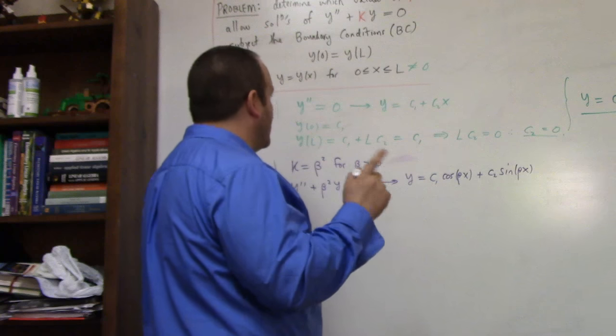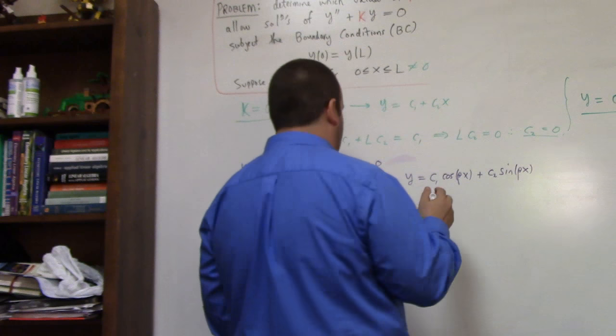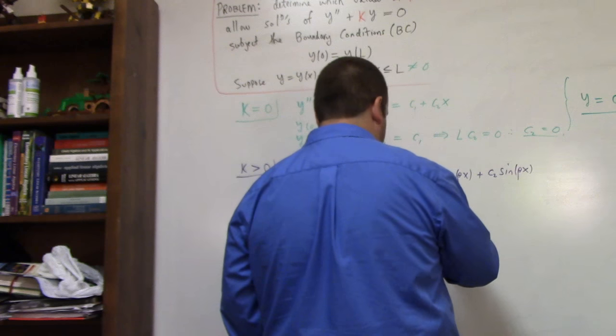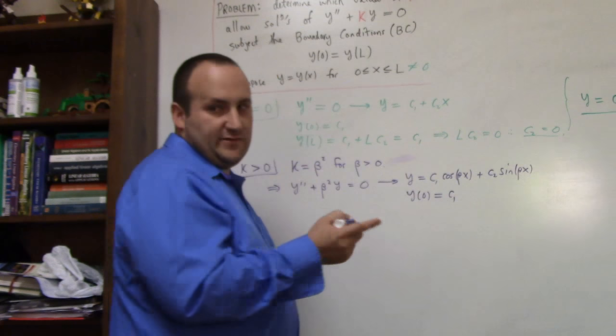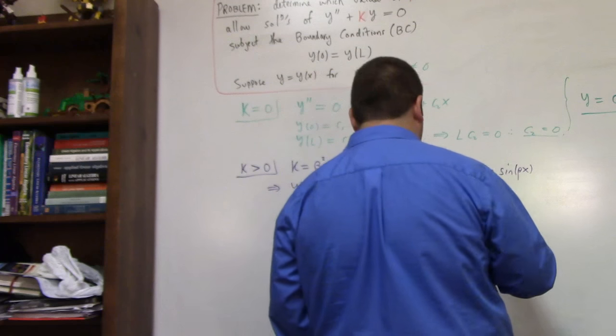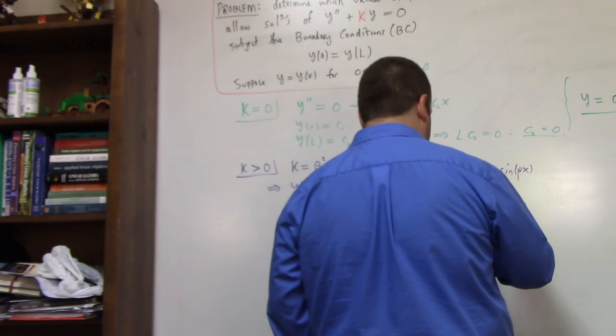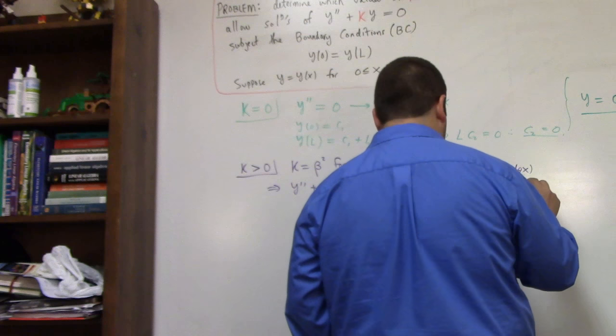Where was I? Oh yes. Boundary conditions. So y of 0. Sorry, I'm kind of silly today. y of 0 is C1 because sine of 0 is 0, right? And y of L, well, that's equal to